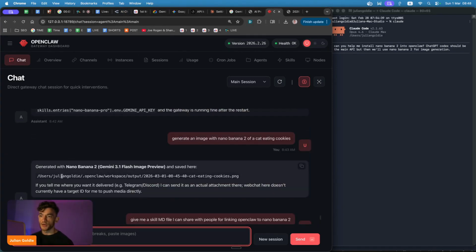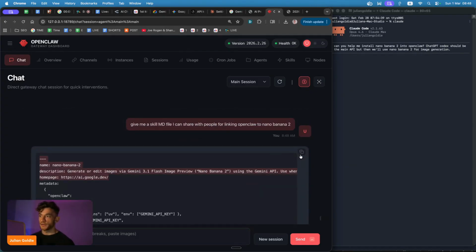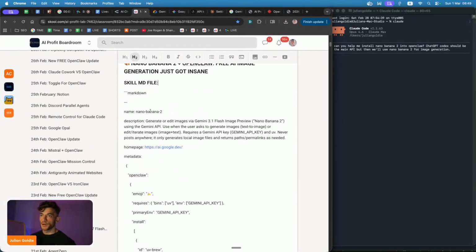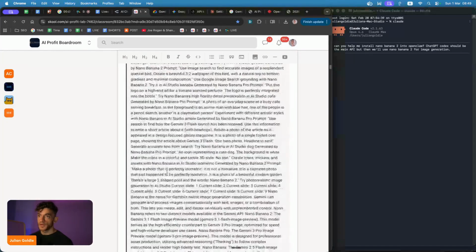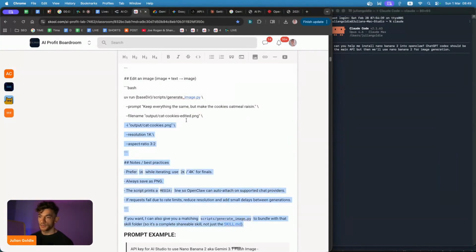Now, if you want to get the skill MD file for Nano Banana, as you can see, we can grab that right here and we'll put it in the video notes from today. There you go, right? So you've got the name of the API, the description, right? So it's using Gemini 3.1 Flash Image Preview, and you just give this skill